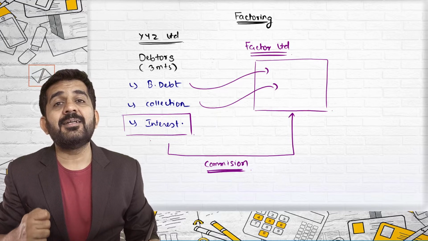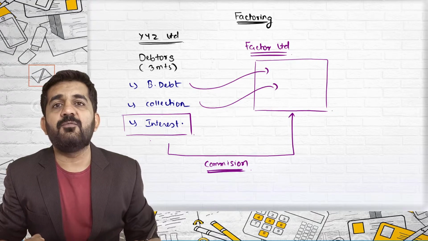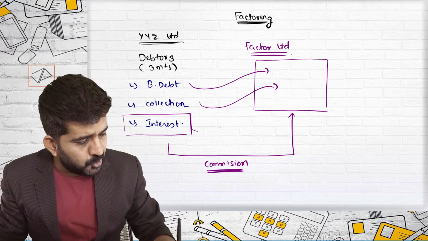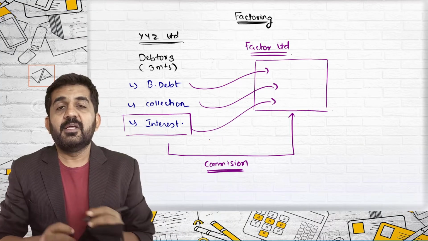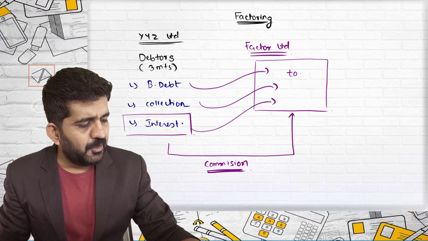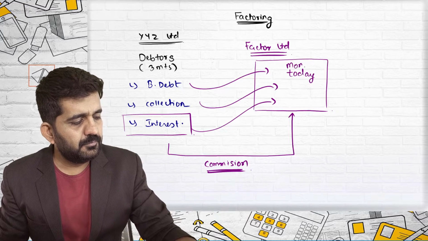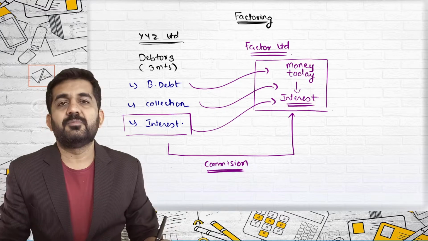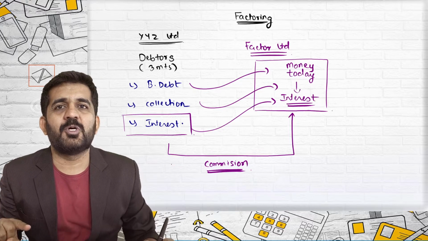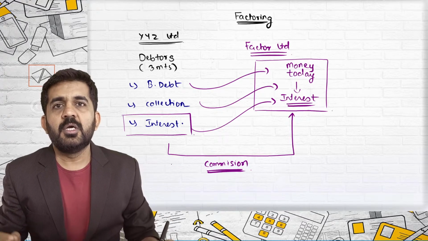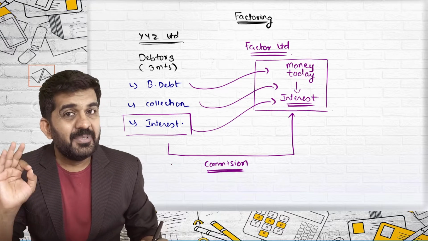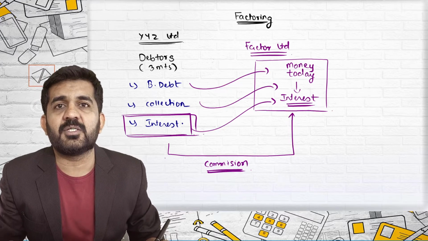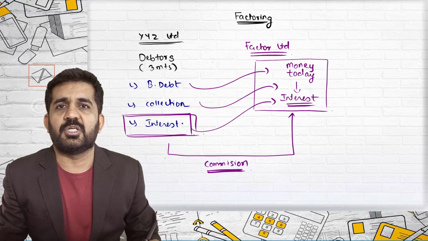Now, Factor can give you an additional service, which is optional. And what is that service? Try to understand. They will say, we will give you money today, but we will charge interest from you. So this interest cost, first it was paid to a bank or other financial institutions. Now it is paid to Factor. But the business will still be incurring this cost, which is interest. Yes, Factor can provide the service of lending the money today and charging this 3 months interest.